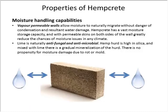What makes the Hempcrete unique is that because it's being coated in lime, lime is an antimicrobial, an antifungal, and so should the wall get saturated with water, a plumbing leak, a roof leak, a flood, those sorts of things, Hempcrete is extremely resilient in those cases. It keeps its shape because once the lime has gone back to being limestone, once it's hardened up, the material is very solid, and although you have a lot of cellulose material in the wall, because it's all wrapped in this lime mixture, it's incredibly resilient to wetting and drying,